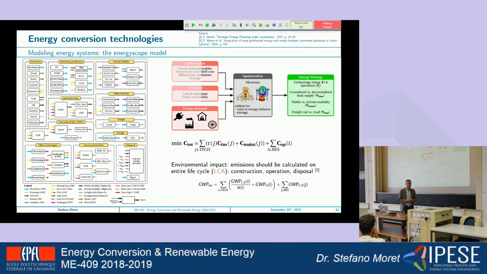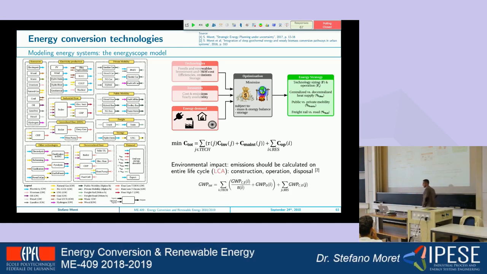So the kind of exercise you will do during the course is that you will study the entire Swiss energy system, and you'll have the details in 2 weeks about how this will work. What we do in this kind of model is that all the alternatives that I showed you before, and many more, are all modeled as possible alternatives in the model we will give you. So given an amount of energy service which is needed in the system, you will have many different ways of producing it.